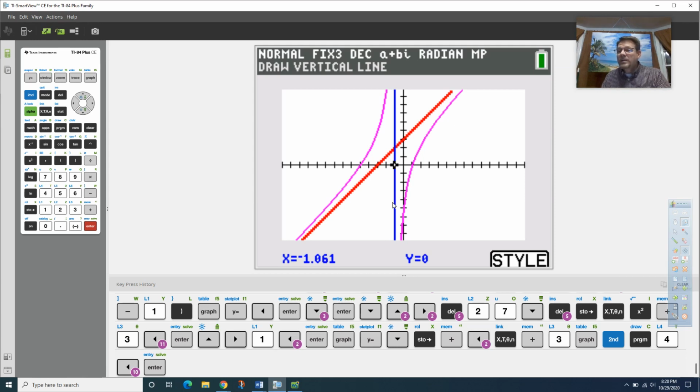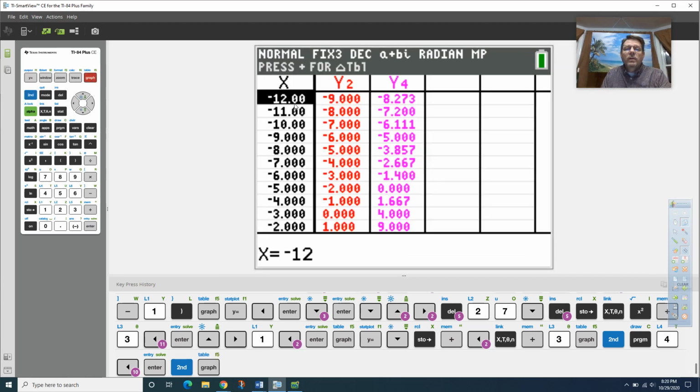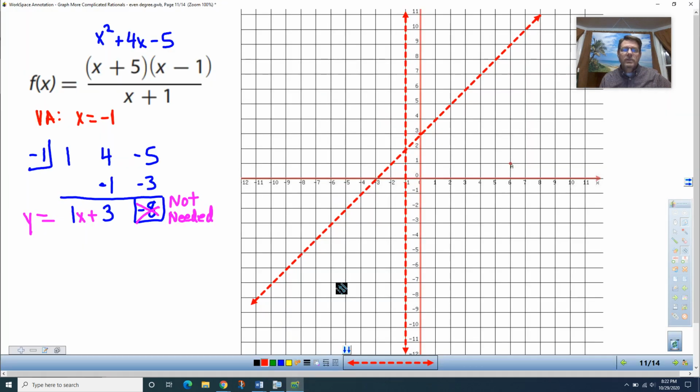That's nice, but what do we really need? We really need our table. Okay, let's go to the table. I have here starting at x equals -12 because I got plenty of room. Now I'm going to start graphing these. I've got to take this down off the screen, but I'm going to use my handy dandy calculator of my own and just plot points so we can see what's going on here. I'm going to start over here at -10. I may even go up to -12 because I got some room here. So -12,